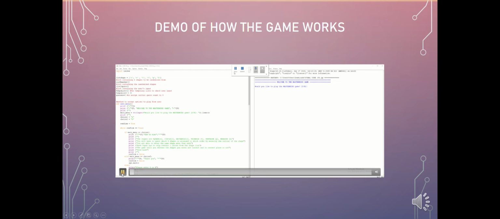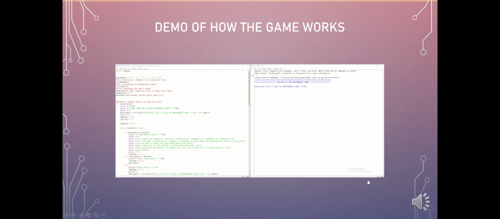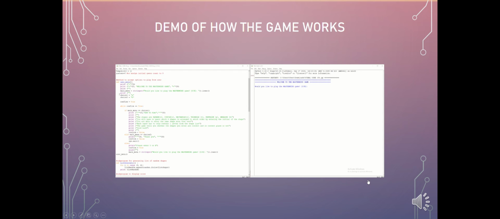Hi, so this is how the code works. Starting here are the first three lists. This is the shape list. These are the first initial 6 shapes, and then the random list. It randomizes the shapes, and the input list is for the user's input. That is the method to accept options from the user whether to play or not. Right after that,